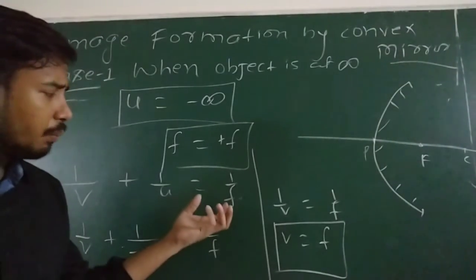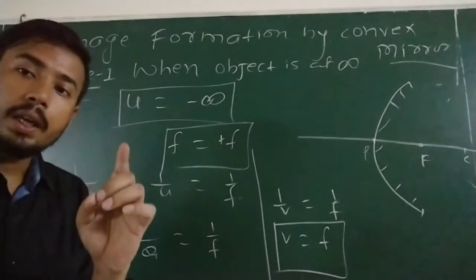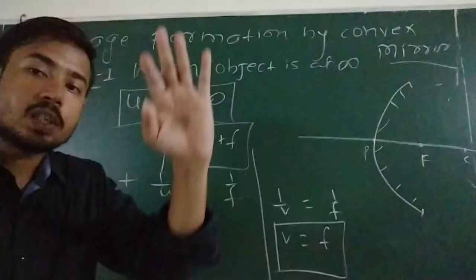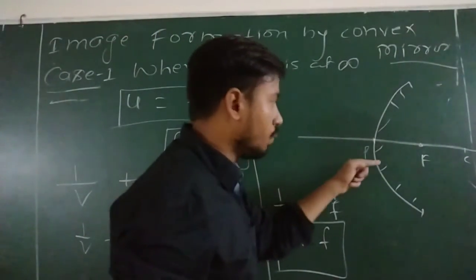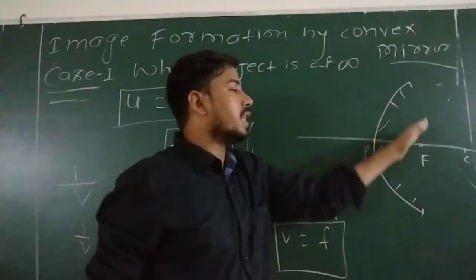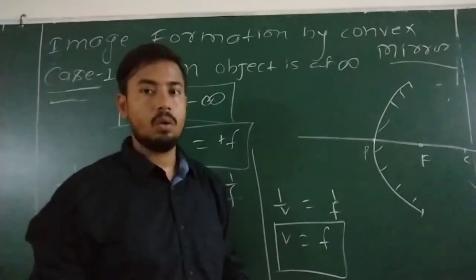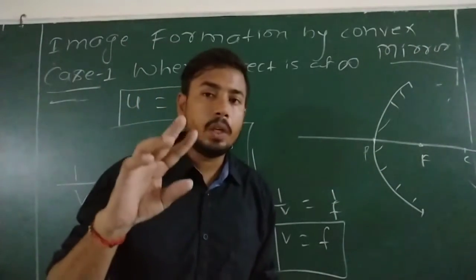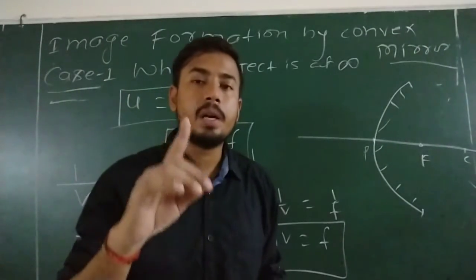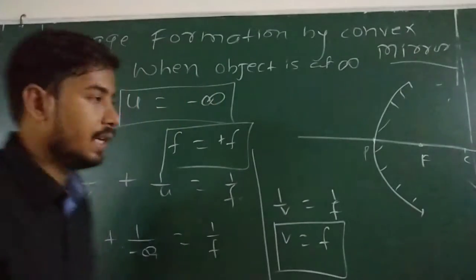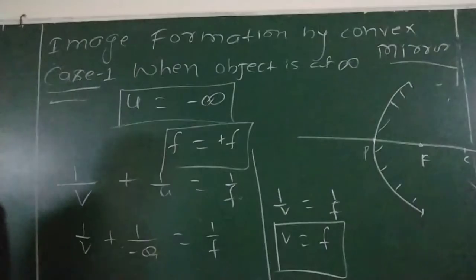And this sign is positive or negative? Positive. I told already. Positive means in the direction of incident ray. It means light is coming like this one. So image must be formed this side. And where should it be formed? At focus. Okay. So image will form due to intersection of reflected ray or incident ray? Definitely due to intersection of reflected ray. So just see all the things. After then we are going to make the ray diagram.